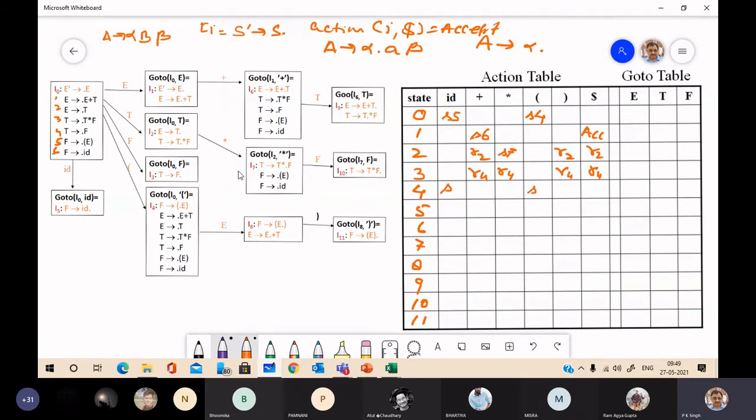Where to shift? Go to I4: opening bracket is nothing but I4, so here S4, and go to I4 on ID is nothing but I5.